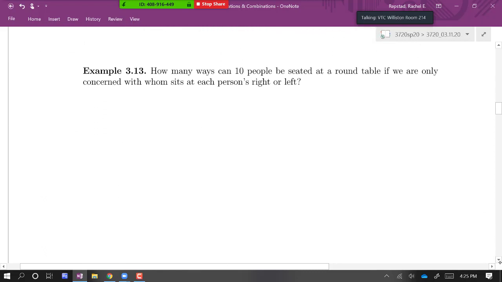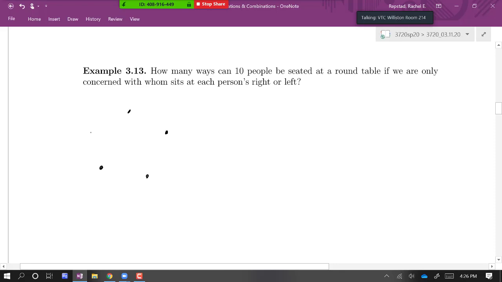All right, now we want to see 10 people at a round table if we're only concerned with whom sits at each person's right or left. So kind of like the relative order, but not the absolute position, if that makes sense. So like, suppose,